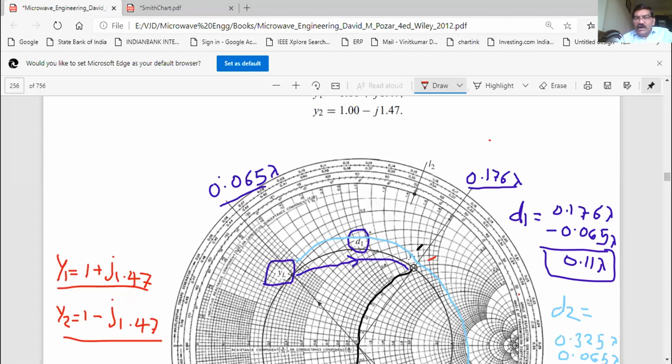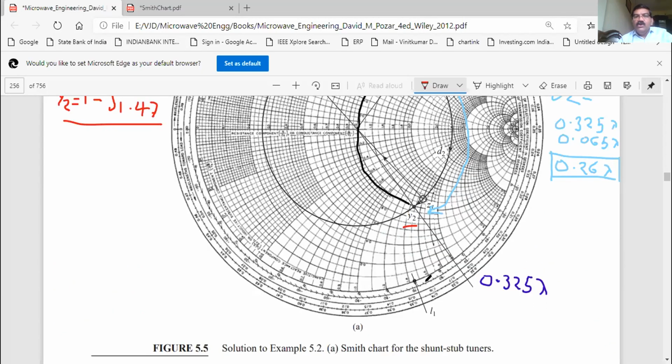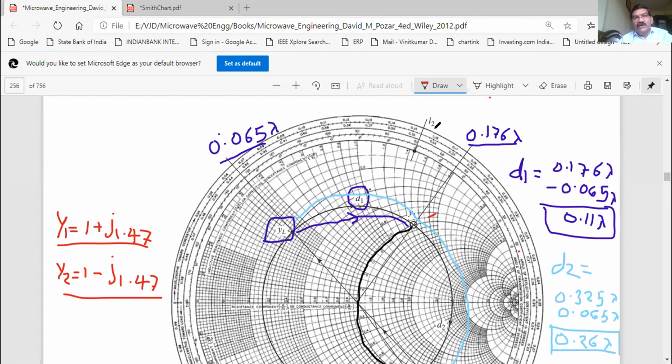Remember, in front of Y1, this is your Y1. In front of Y1, here the L2 will be there. And in front of Y2, you will have the L1. Not the pair Y1, L1, Y2, L2. This is not the combination. The combination is: in front of Y2, there will be L1, and in front of Y1, there will be L2.